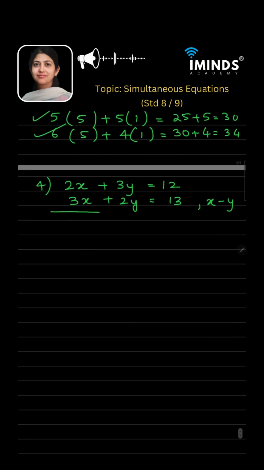So see, now while observing, what you feel that coefficients तो different है. But here see, the coefficients are interchanged. That is, यहाँ x का coefficient यहाँ y का है, यहाँ y का coefficient यहाँ x का है ना? So there is easy method to solve this. What you will do? You just add both of them. Once you will add them and once you will subtract. So when you add, what will happen? It will become 5x plus 5y is equal to 25. Now divide this whole equation by 5. So you will get x plus y is equal to 5.